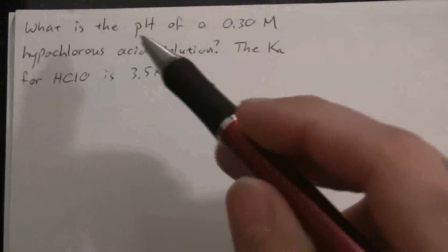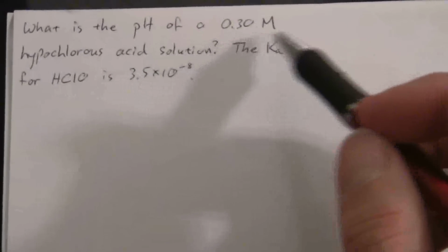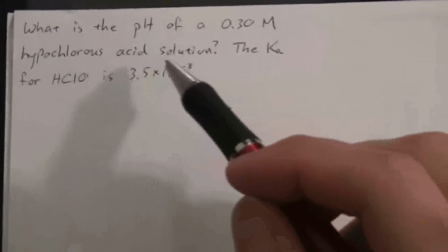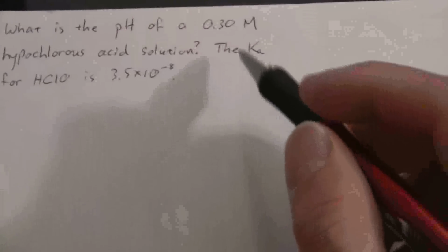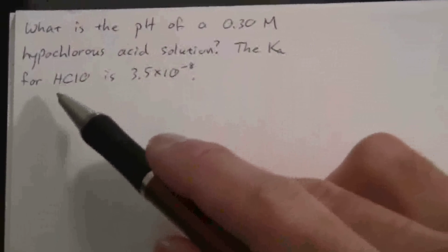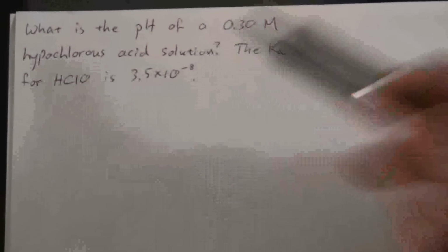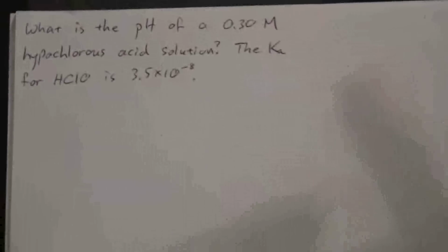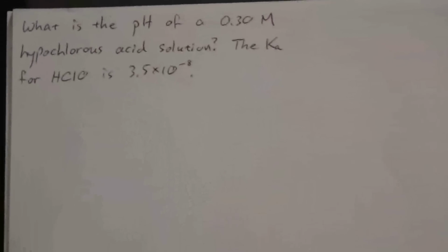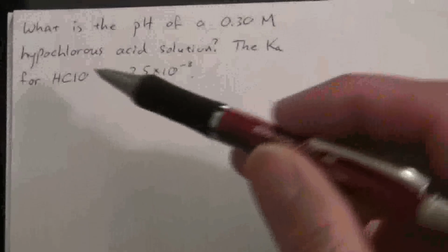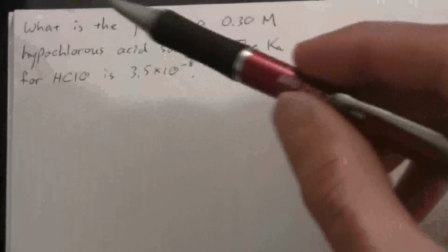We want to know what is the pH of a 0.3 molar hypochlorous acid solution. The Ka for hypochlorous acid is 3.5 times 10 to the negative 8th. For any problem like this where you are given a weak acid and you want to know about the pH,